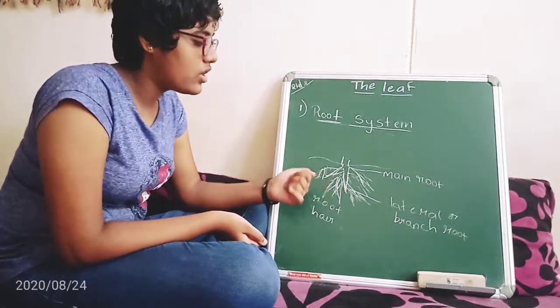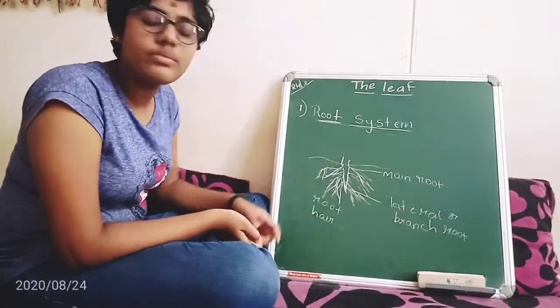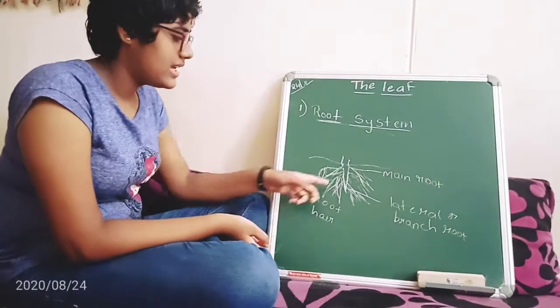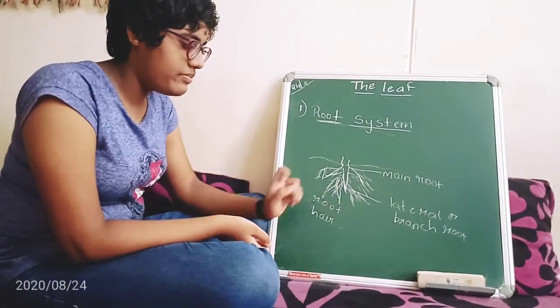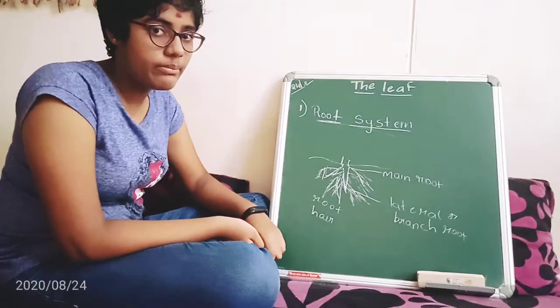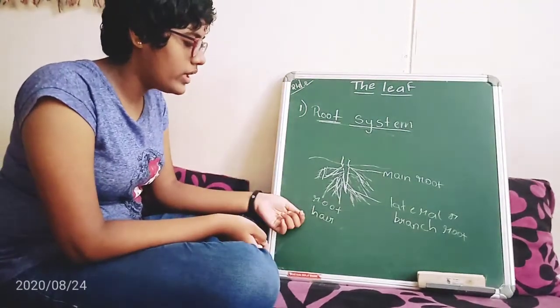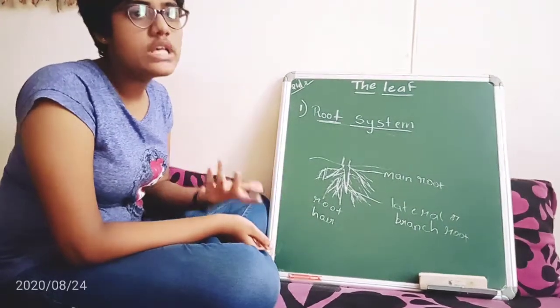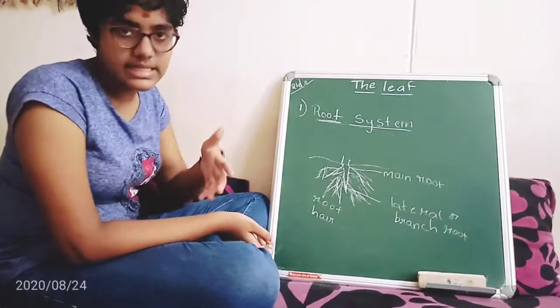From the grandfather or grandmother, lateral root means what? Parents. Mother and father have come out. See, from the grandparents, parents have come out. From the parents, root hair means we are siblings. Siblings means who? Siblings means our sisters, cousins, etc.